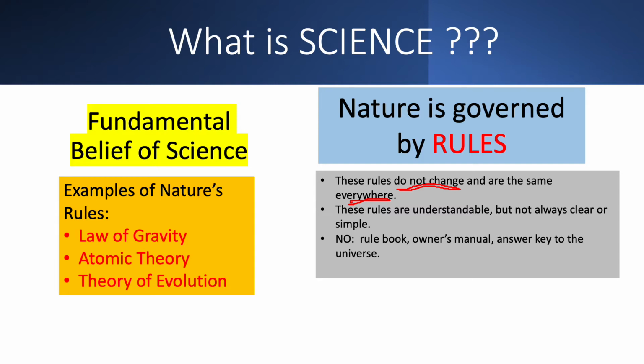The idea that these rules are understandable. Let me try my little pointer bar. So, look at that. That they're understandable is kind of important, all right? It's not like the world is so confusing, humans shouldn't even try to figure it out, all right? But here's a really big idea. Let's check this thing out. Whoops. Let me try that again. There we go. There's no rule book, no owner's manual, no answer key. You know how the teacher always has the answer key in the back of their book? The universe doesn't come with that, basically.